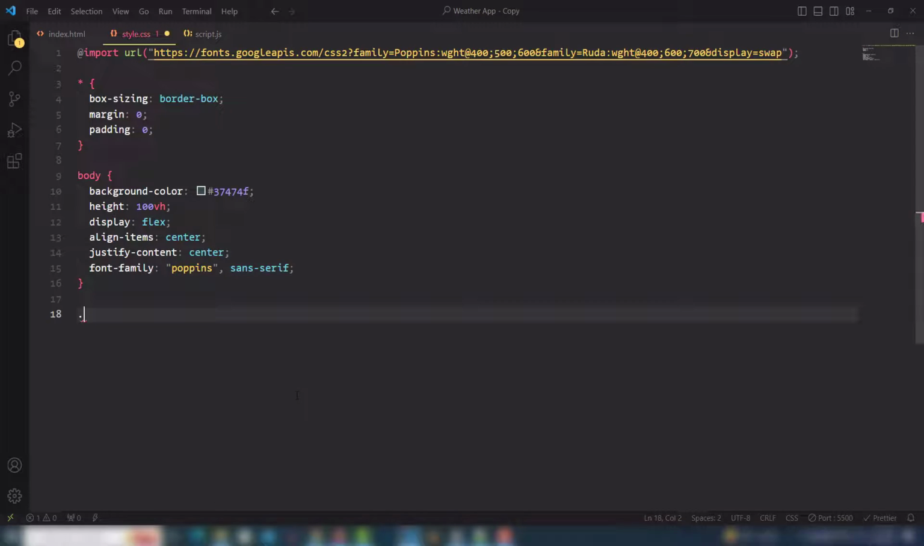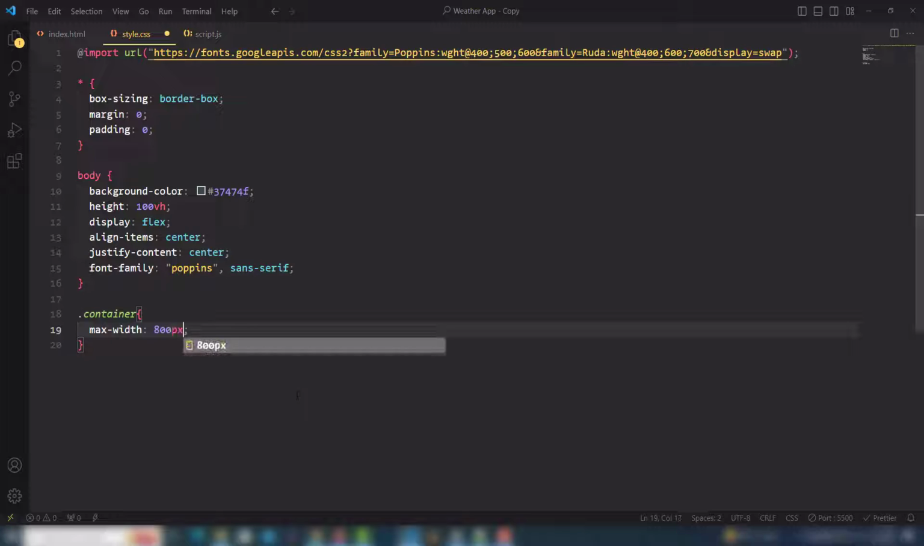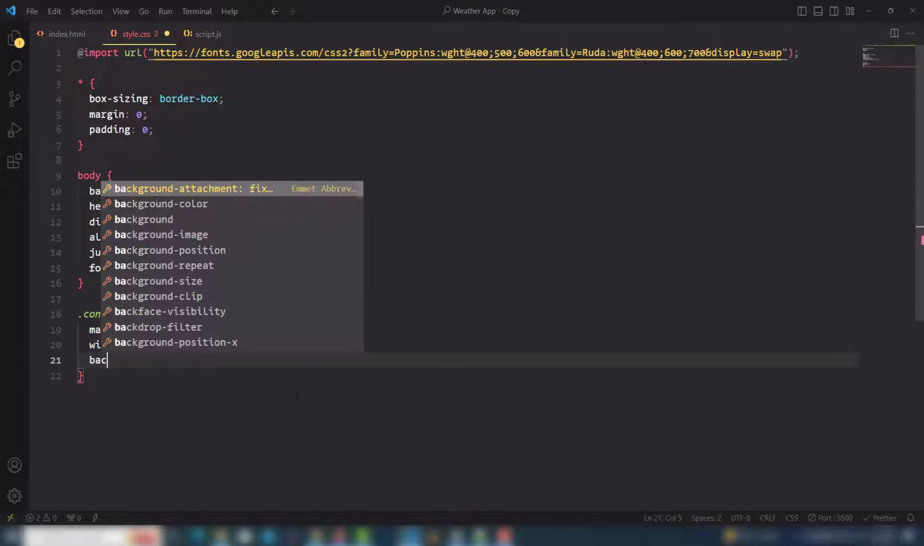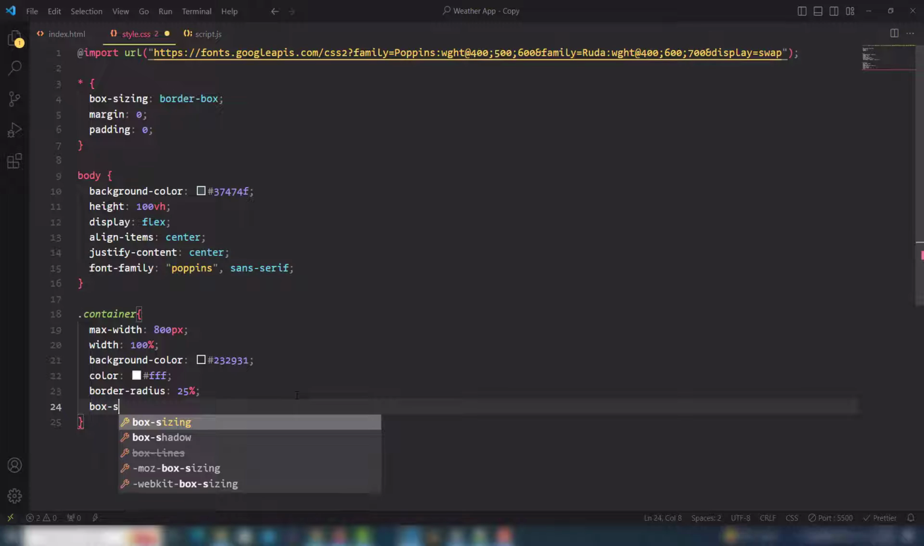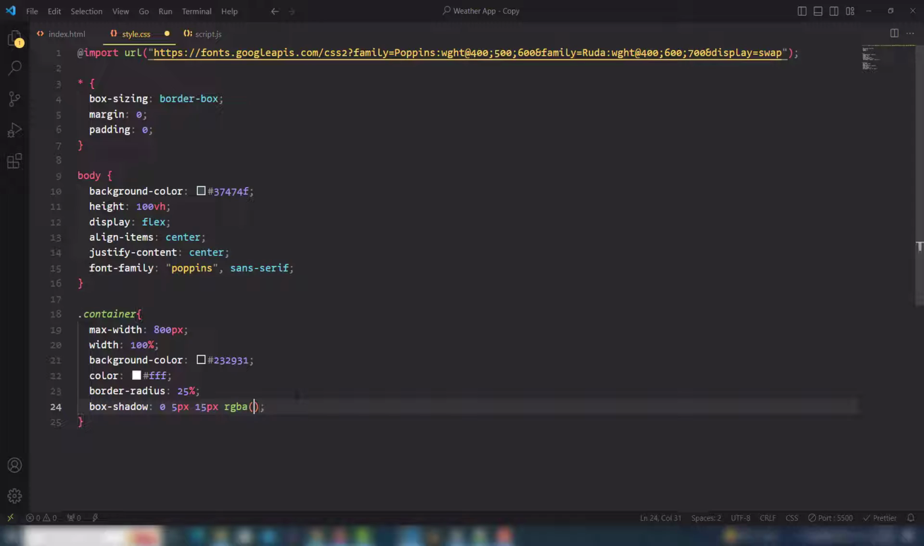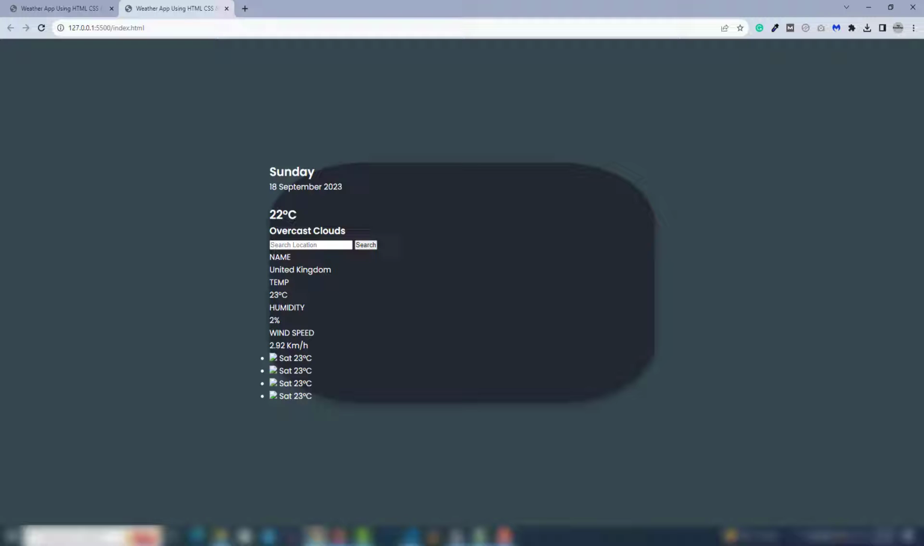Perfect. And then I need to select the container. In the container I will use max-width 800 pixels, width 100%, and background color #232931. This is a dark color, and by the way, I will use the color white, border radius 25%, and also box-shadow 0, 5 pixels, 15 pixels, rgba(0, 0, 0, 0.35). This is the opacity. First we're gonna save it, and let's look at that. Right,